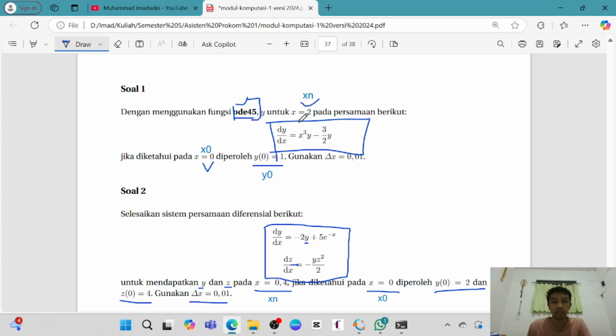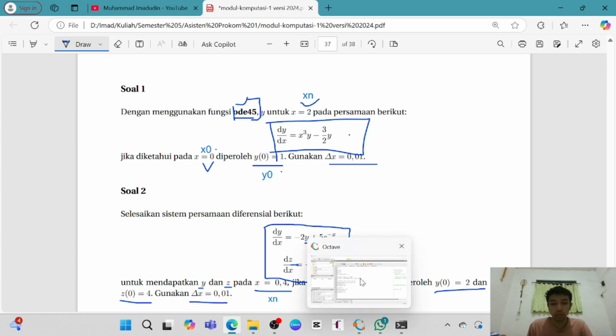Then we have xn is 2. Then we have the equation. This is the equation. Then we have the x0, and the y0 also. Then we have the interval. Interval is delta x as usual.